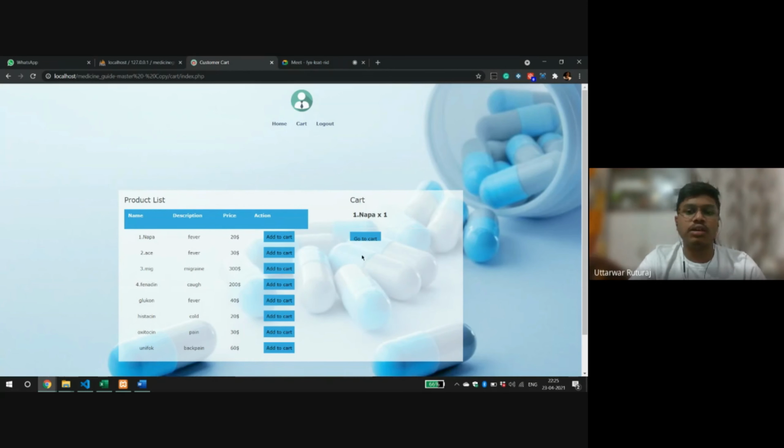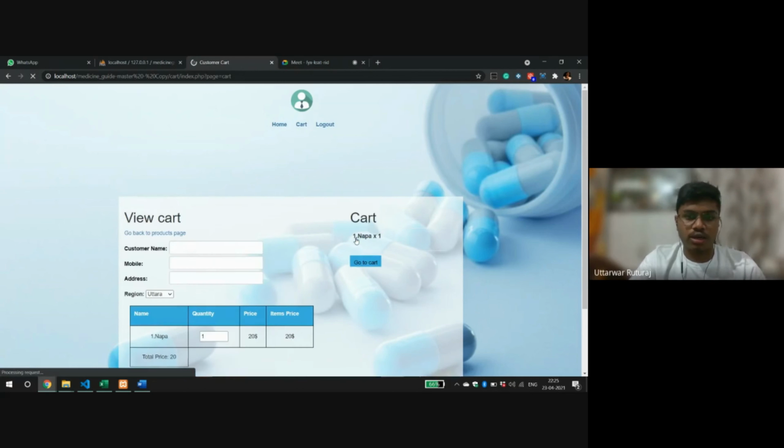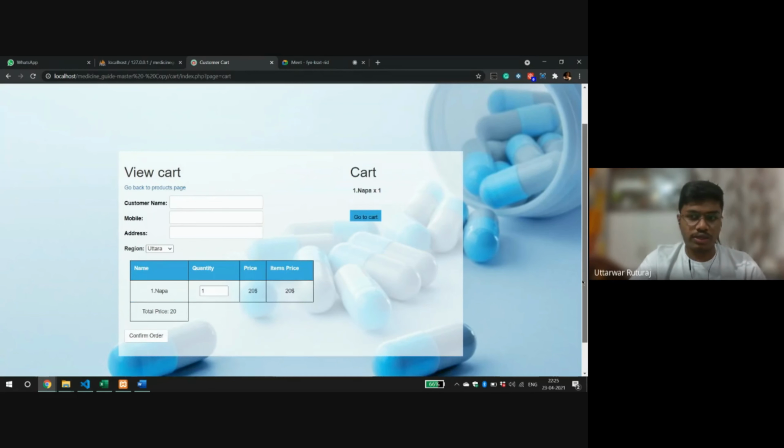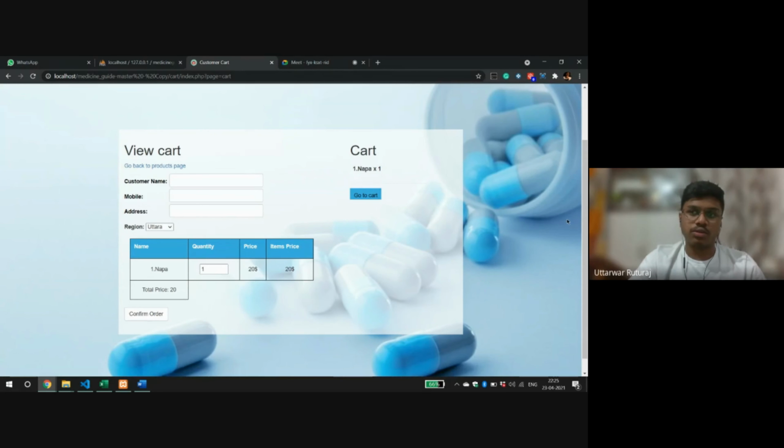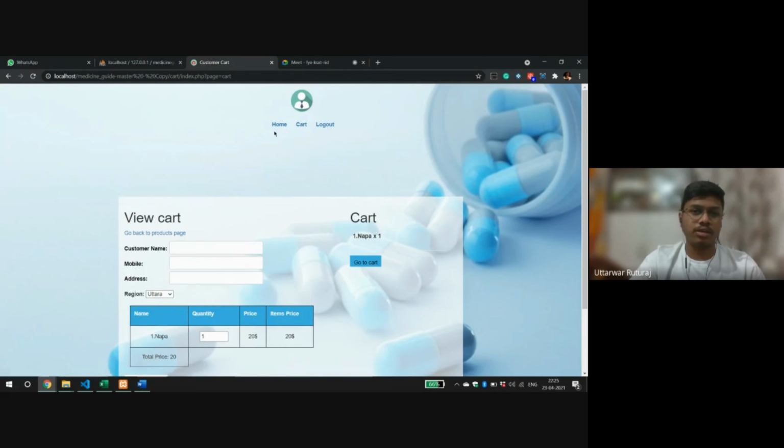And then we can visit the cart, and after getting to the cart, we can just enter our name and address, where to deliver it, and just go with the order at our doorsteps. So after getting to browse medicines, this will be a big feature.